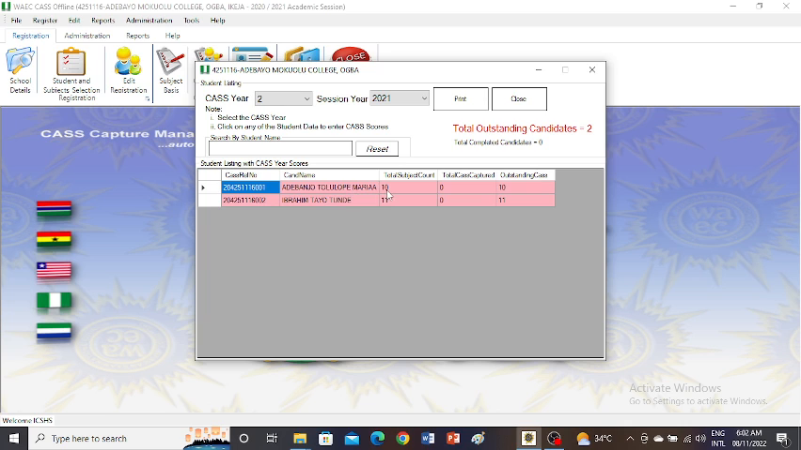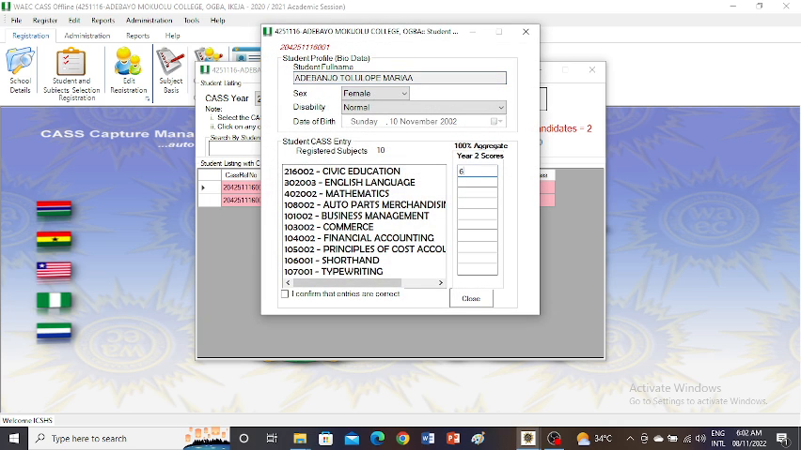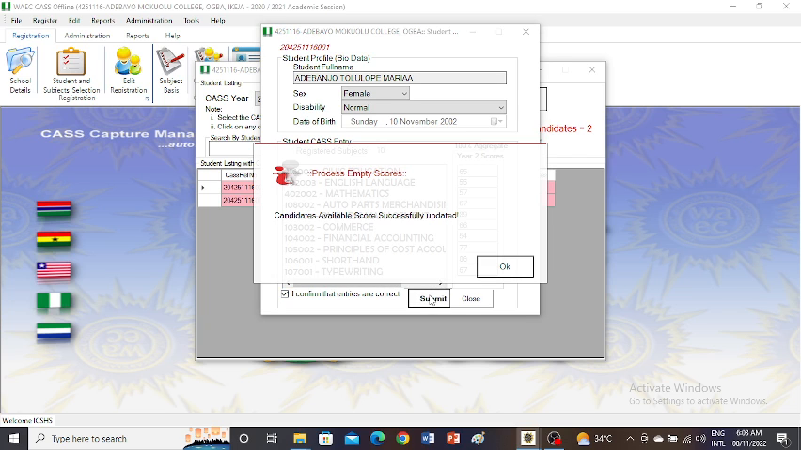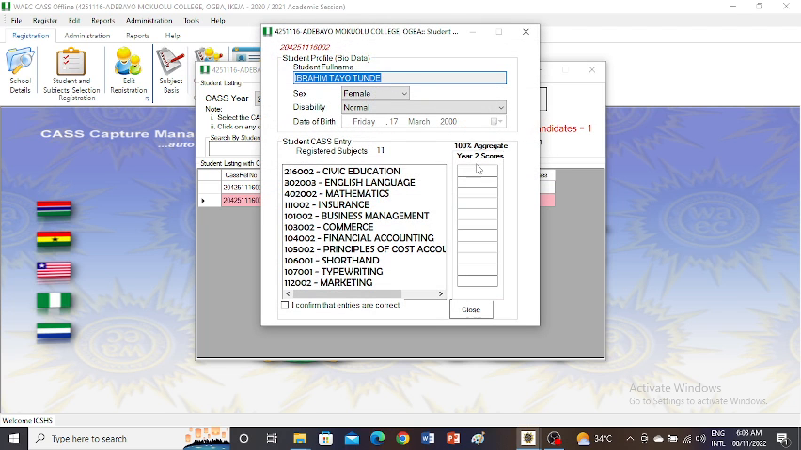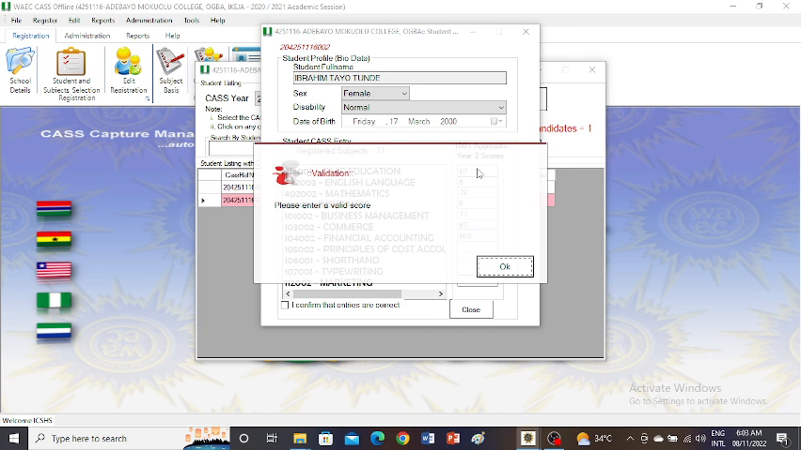Their details are colored because I've not updated their scores for class 2. I have a total of 2 candidates. So let me click on the first one. I can update the scores. Once I've updated the scores like that, click on this, then submit. You can see that this one has changed to another color. Then update this one as well. Once I put in the scores,